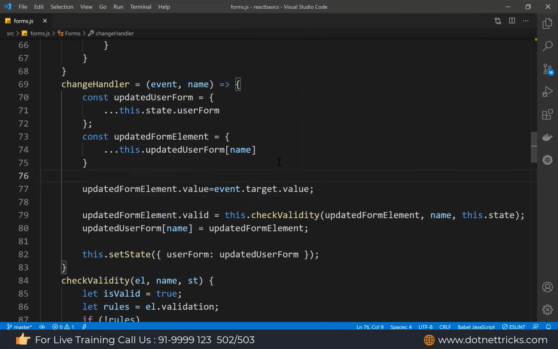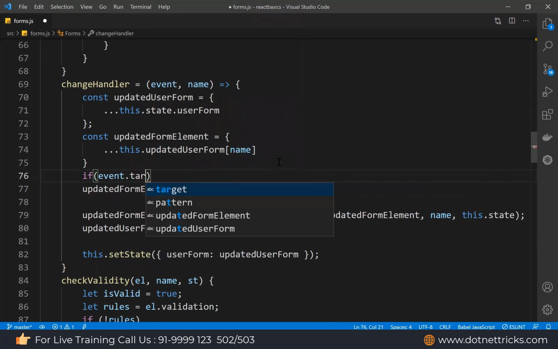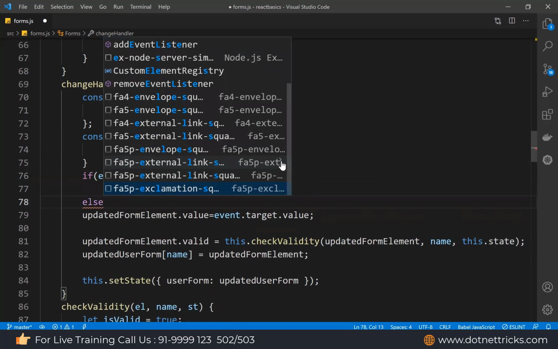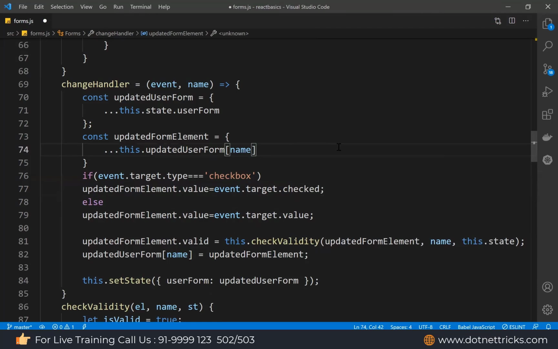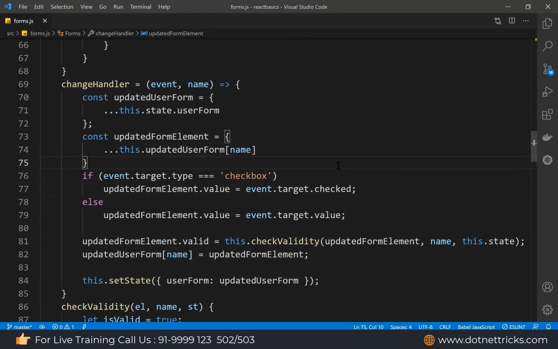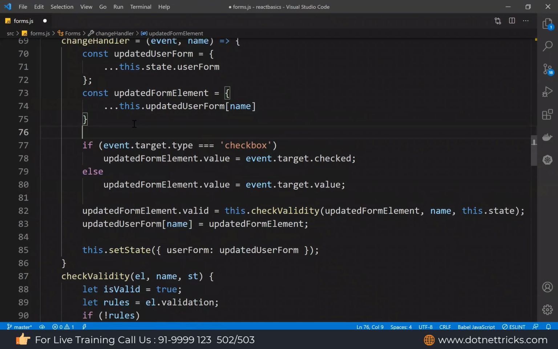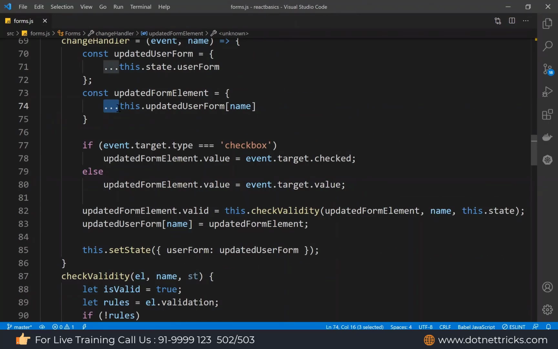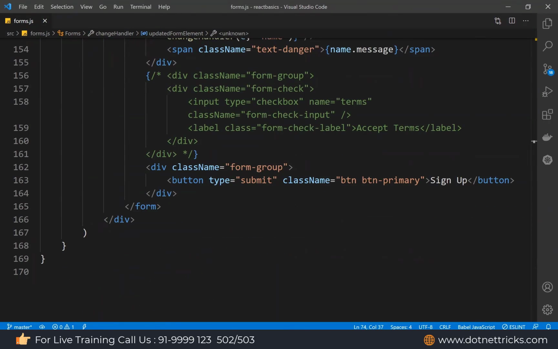But here we have the checkbox also. So we can have two types of inputs. Let me check event.target.type. If type equals checkbox, then assign the checked, because the checkbox has the checked value and the text box has the value field, depending upon the type of the input control. Okay, so let me define for this one also. I think it is giving the issue because of this one, terms. Okay, it is an object, I'm reading it. Now let me complete the things for the others also here.